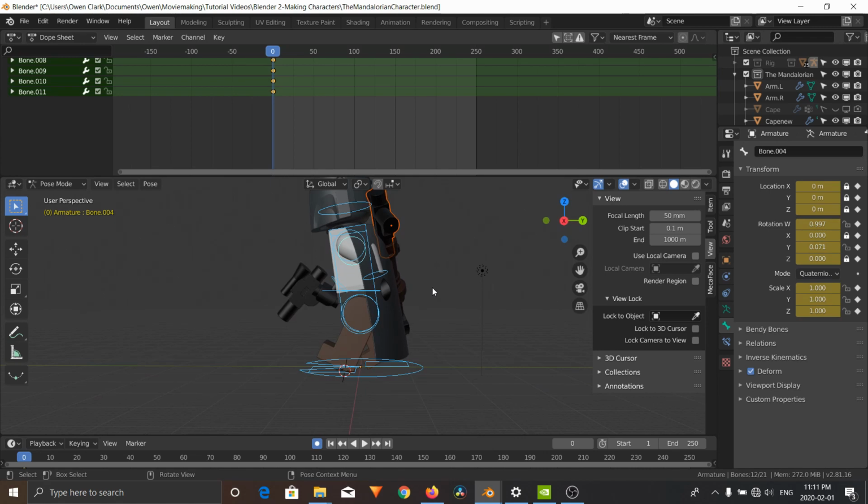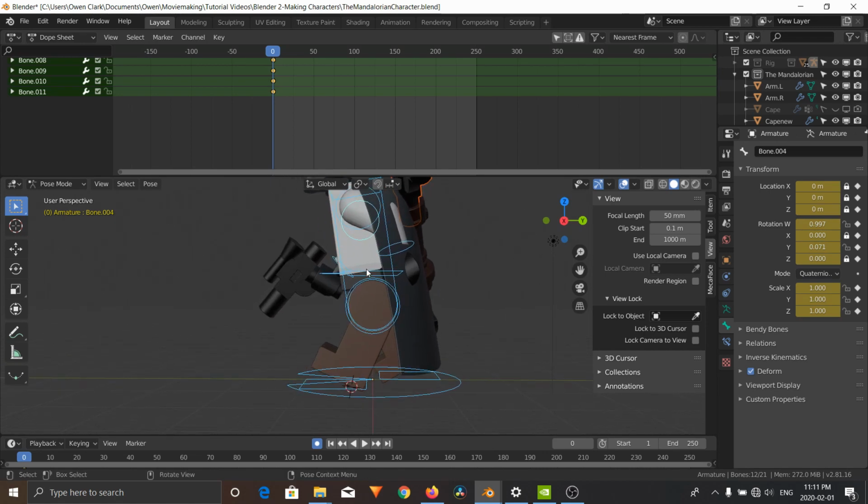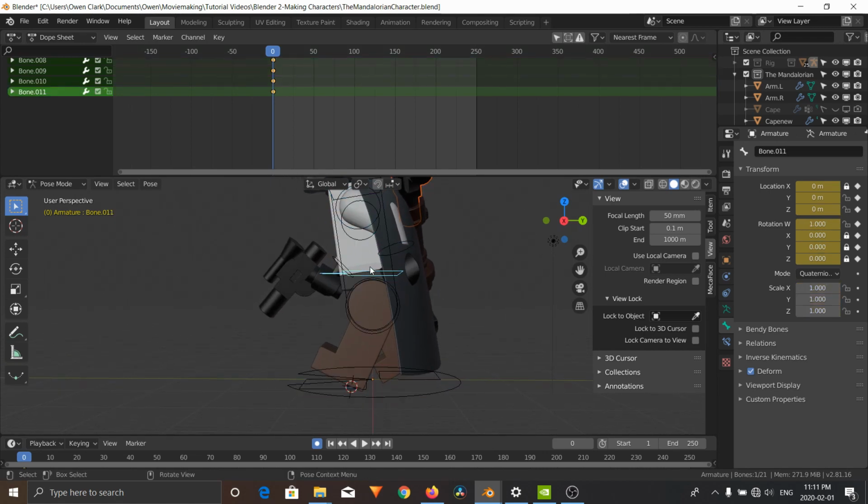Okay, that's position one. Now, we remembered that our cycle was 12 frames last time, so we'll try to mimic that for this. So I'm going to select this bone and I'm going to move forward 3 frames. Because it's 2 steps, each step will be 6 frames. So half a step would be 3 frames. So I'm going to go 1, 2, 3, and I'm going to move forward